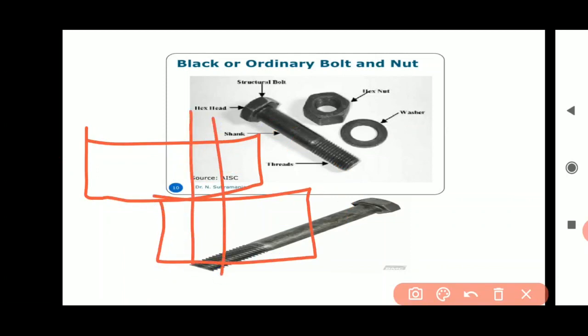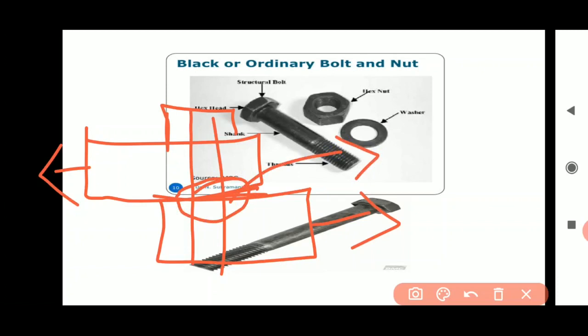This is the bolt. When we pull these two members, first, due to this type of loading, these two plates will slightly slip at this surface, for which a shear force, a shear stress, will be exerted at this surface. Then after the slipping, this edge of the bolt will be in contact with the edge of the hole.